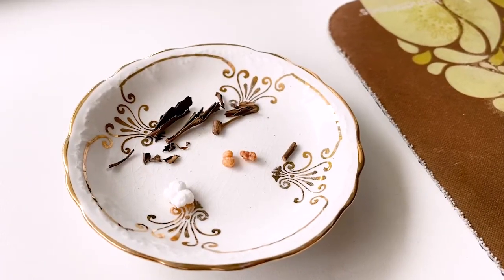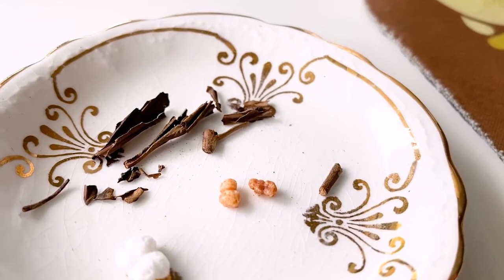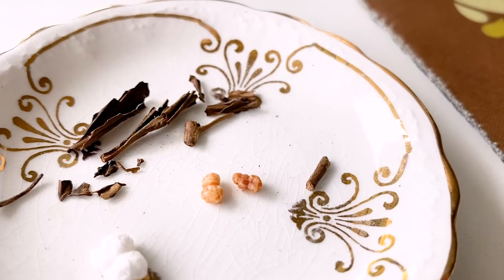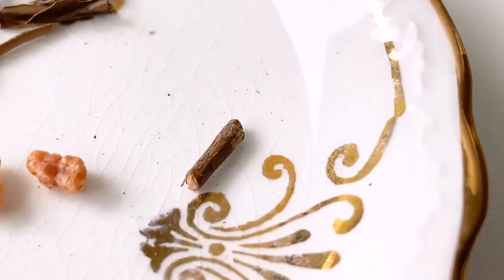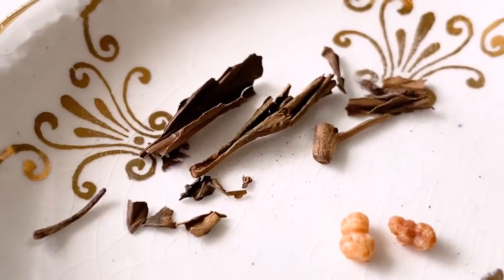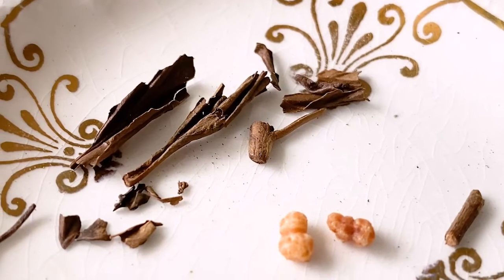So I pulled some of the ingredients out so we could look at them closer. Now for Houji cha, which I love and have had many times, even love it in the powdered form over ice cream. I've been under the impression that it is the sticks and stems of sencha and bancha, which there is a stick right there, but then there's also leaves over here. Some of them larger, some of them smaller. There you see another stick. So I'm assuming that we are going to have some highly roasted bancha or sencha type of tea